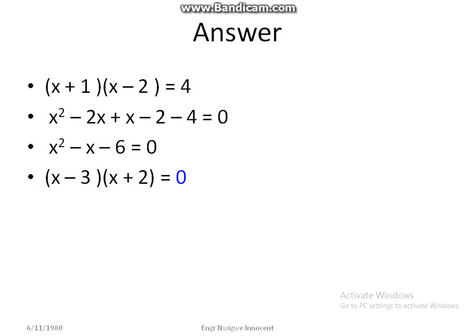Therefore, if you now factorize the equation, if you expand the equation, we have something like x squared minus 2x minus in bracket x minus 3x minus 6. So if you collect